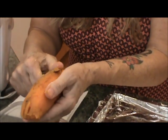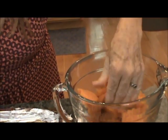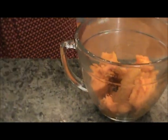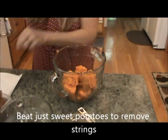And if there's any black spots on your sweet potato, cut that out too. So there we go. That's the first thing you got to do, is get your sweet potatoes prepared. So we're gonna mix these. Sweet potatoes are stringy, so we're going to run the mixer through just the sweet potato to try to remove some of these strings. So I'm not going to talk while this thing's going on because...